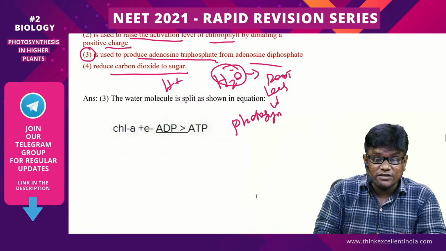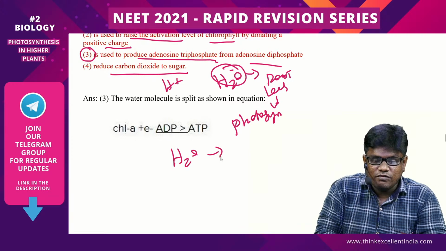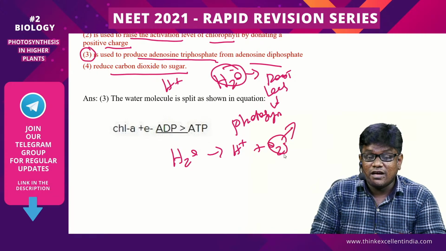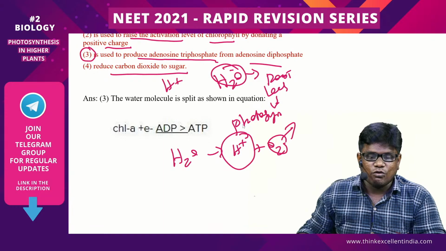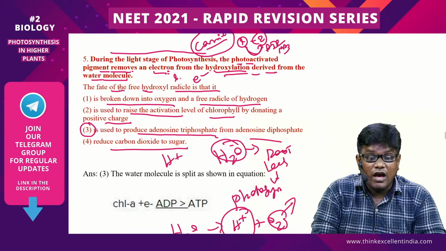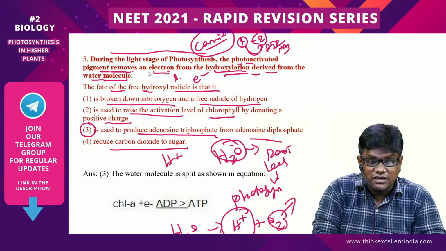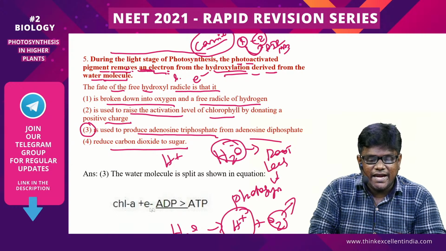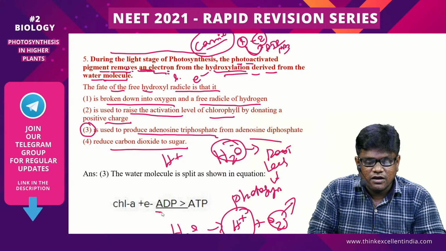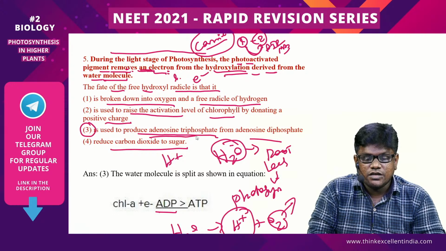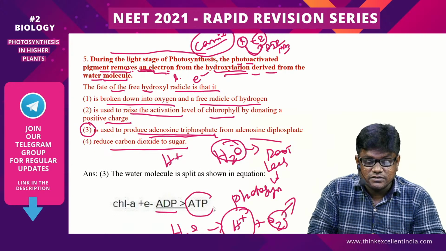Okay, so in the water splitting process, H2O will be split into H plus ions and O2. The O2 will be removed out of the plant, and the H plus ions remain. So here you can see the hydroxylation derived from the water molecule, and when hydroxylation happens, electrons are removed from the pigment. When the pigment loses electrons, ADP is converted to ATP. So ATP is produced from adenosine diphosphate, and that ATP is the energy molecule required by